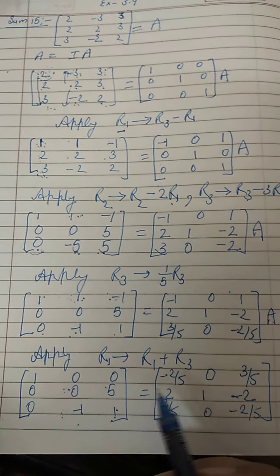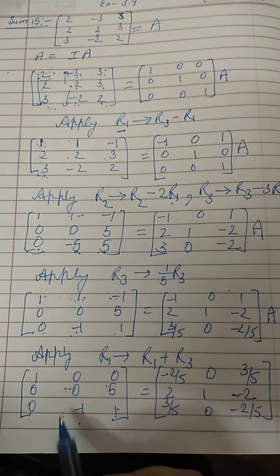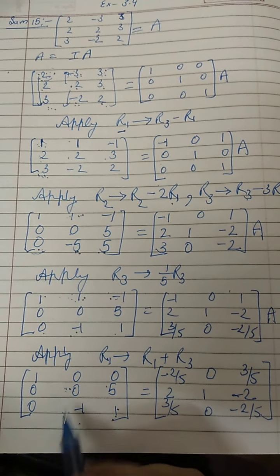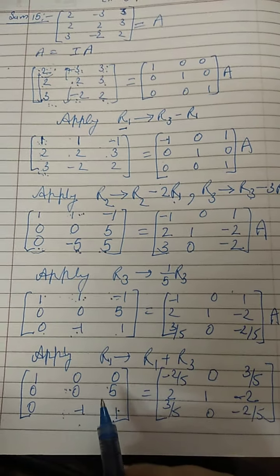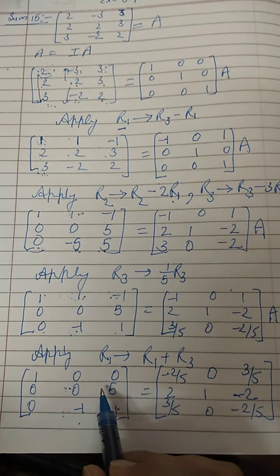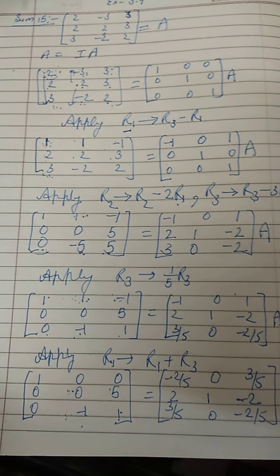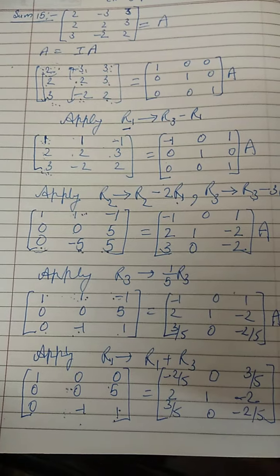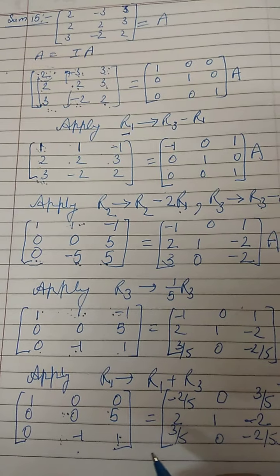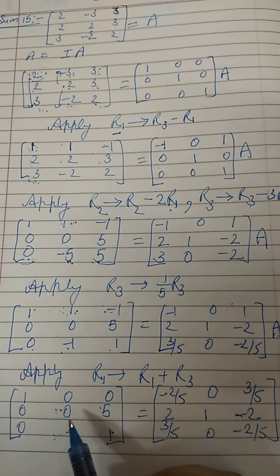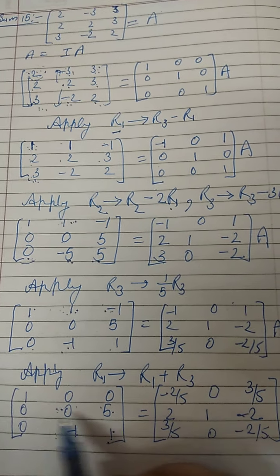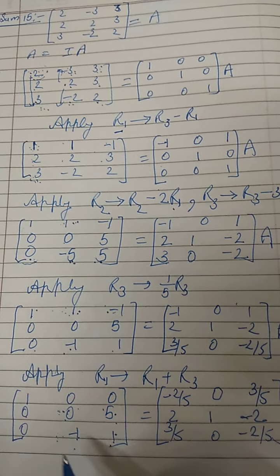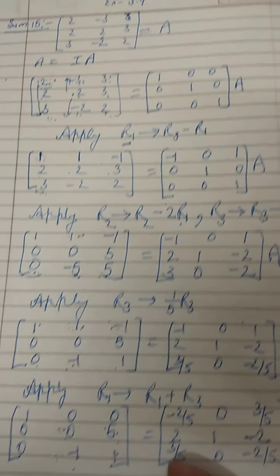We can see, either we can do R2 minus R3. If I do R2 minus R3, 1 will come here automatically if you don't want to interchange. And here when I do R2 minus R3, I will get 4, and then we will divide the whole row by 4. Okay, your choice. I have given you two options. One option, interchange and then apply the operation. Other option, we can apply R2 minus R3, then this will become 1, this will become 4. So 0, 1, 4 will be there, corresponding to which we can make further changes.